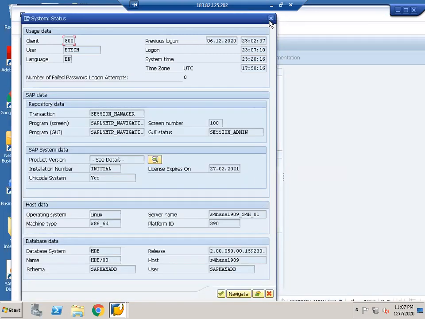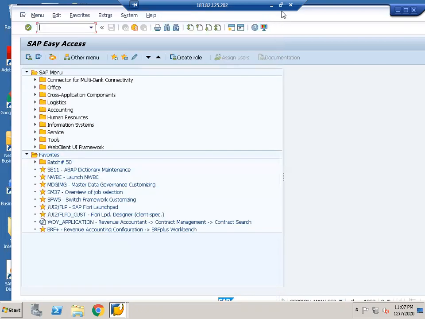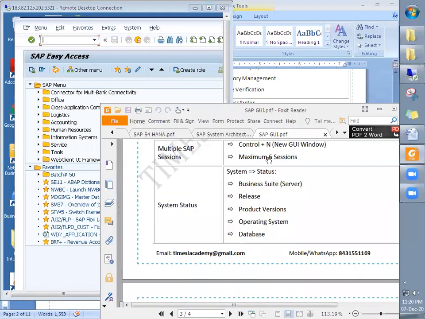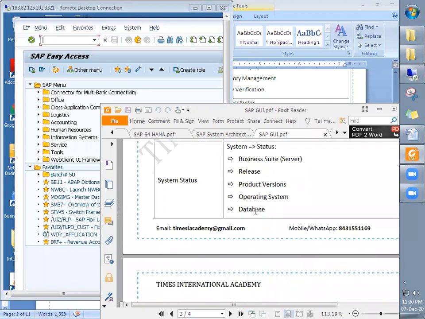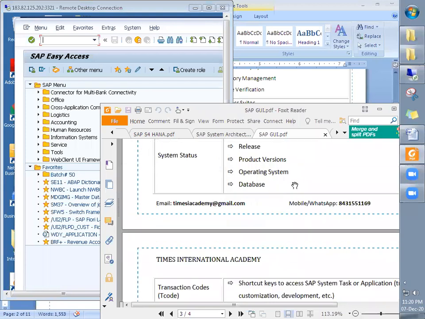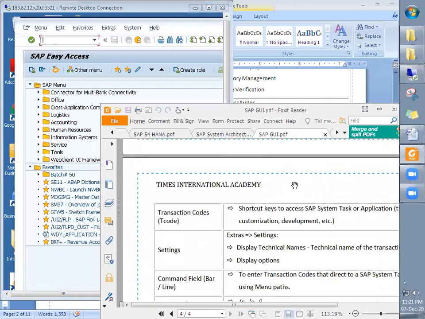So in this way, we can identify the system details. It shows the system details like release, product version, operating system, and database, right? The database we saw is HANA database and its product version 1909, all that information.